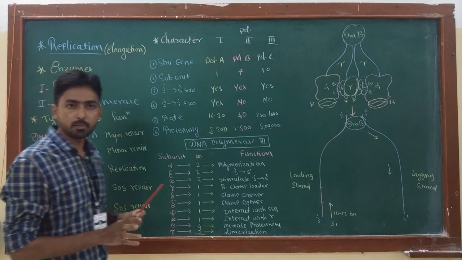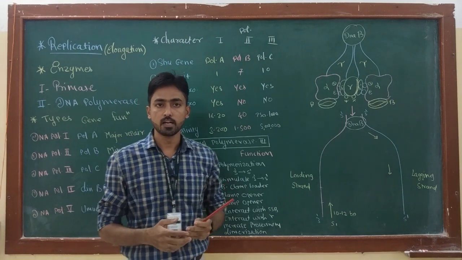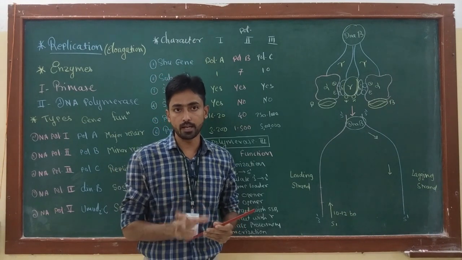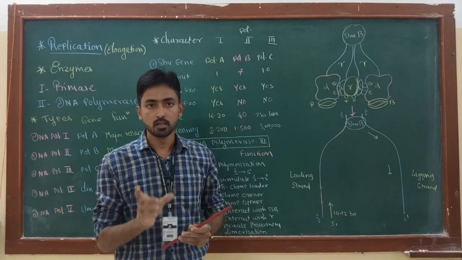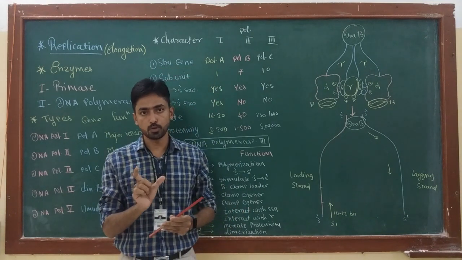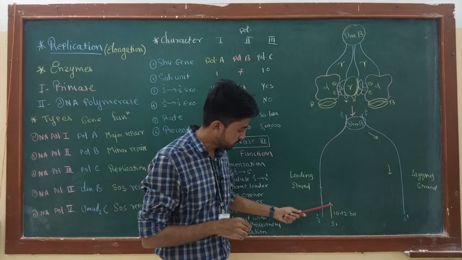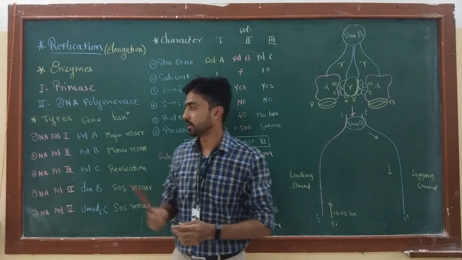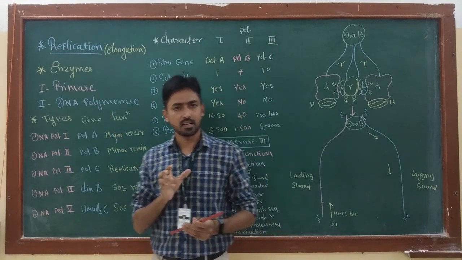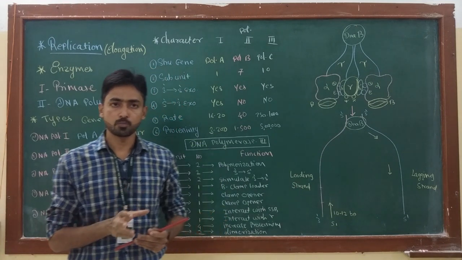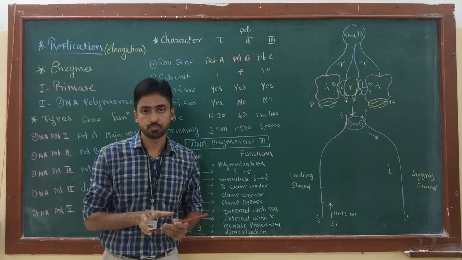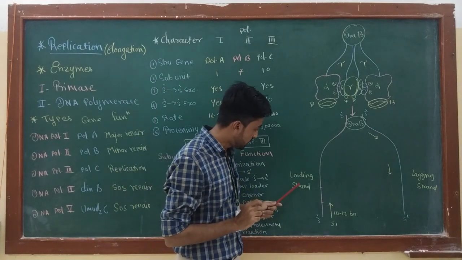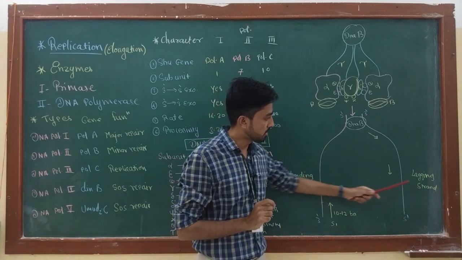We know that none of the DNA polymerases have the ability to start synthesizing a new DNA strand, but they require a 3' OH free group or free end. To give this end, a small RNA fragment is produced at the start of the elongation, and this fragment is called a primer. It is a 10 to 12 base pair long fragment which is produced by the enzyme primase. It is an RNA polymerase enzyme, and the enzyme is produced by a gene called DnaG. Actually, this enzyme can synthesize a single primer on the leading strand and multiple primers on the lagging strand.